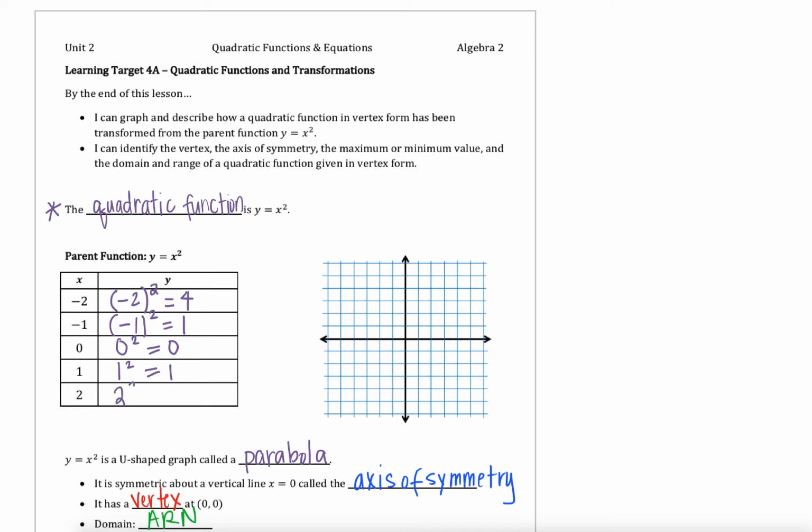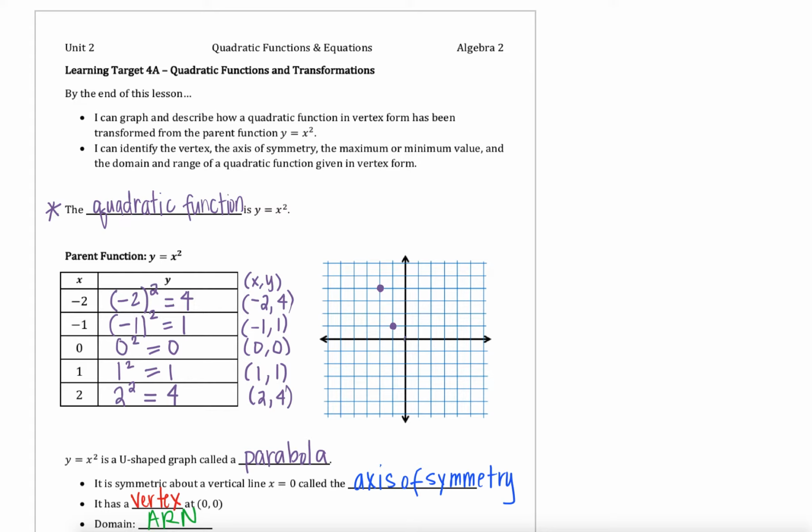And our last x value to sub in would be 2, and 2 squared is 2 times 2, which leaves us with +4 as well. So this gives us a few coordinate pairs to look at on this graph. Our first coordinate pair will be -2, 4. We'll have -1, 1. We'll have 0, 0. We'll have 1, 1, as well as 2, 4. If we plot those on our graph here, we're going to start to see that we're getting a different